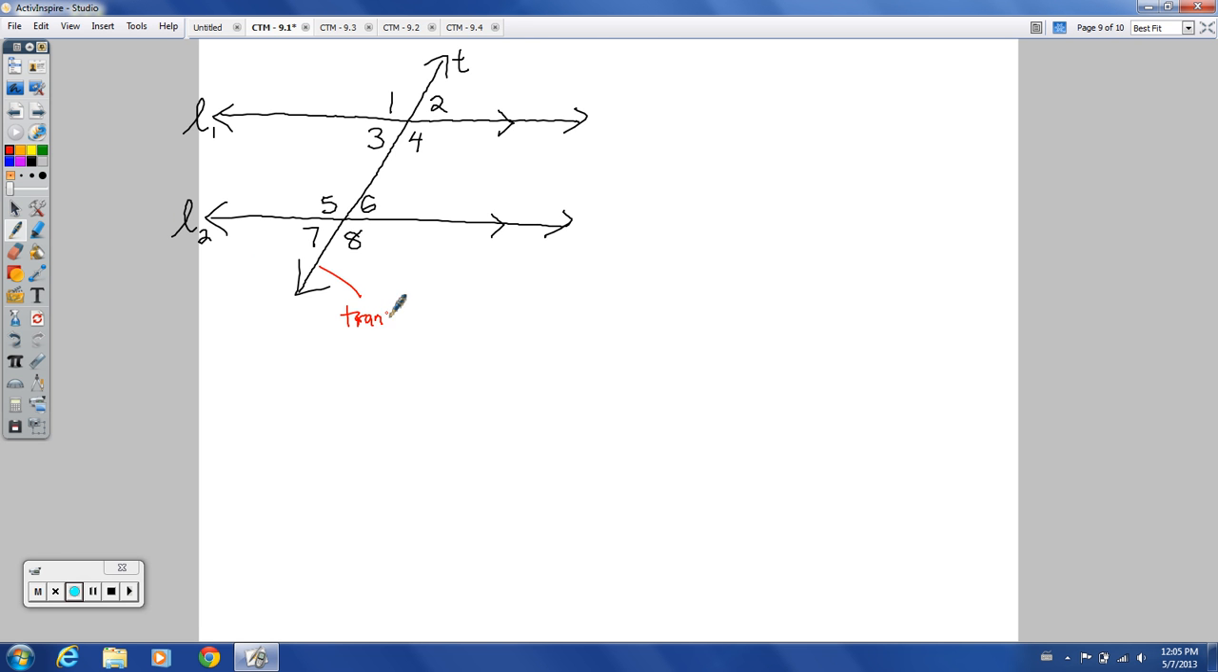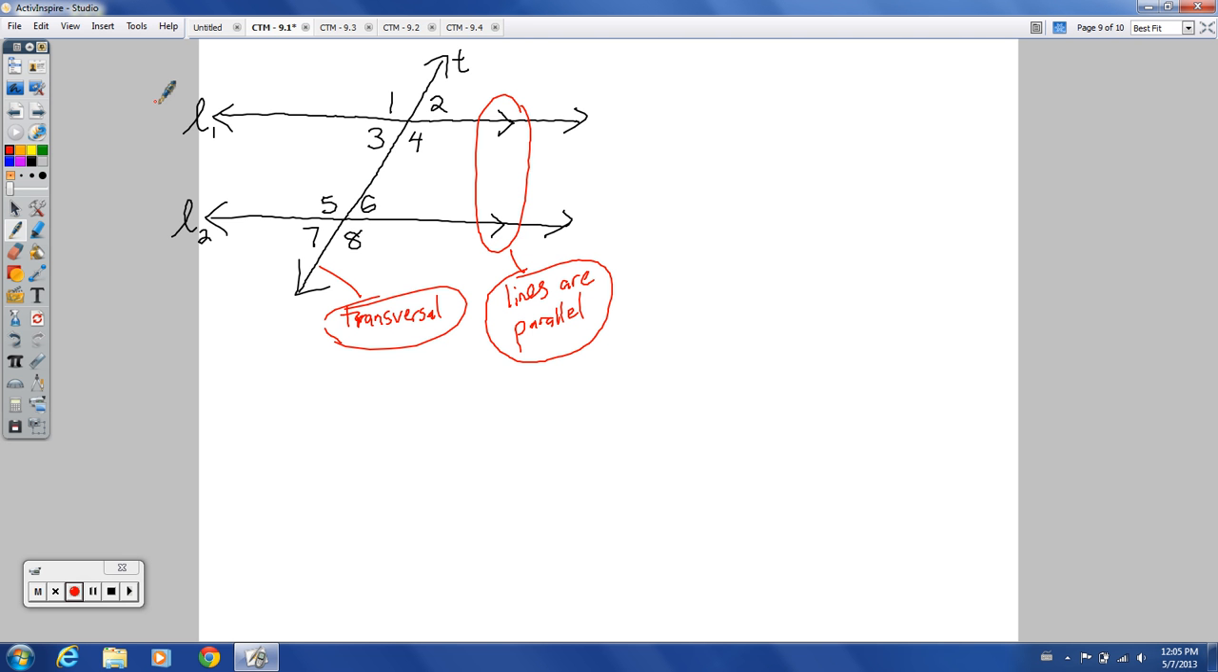Let's put that in a different color. Transversal. Because it cuts through two different lines. It goes through two different lines at two different points. And then this designates that the lines must be parallel. So let's put that in a different color. Lines are parallel. You can also use a symbol for that, which we'll see in just a moment. So let's take this over here. This will lead us into our final example in just a moment, but assuming